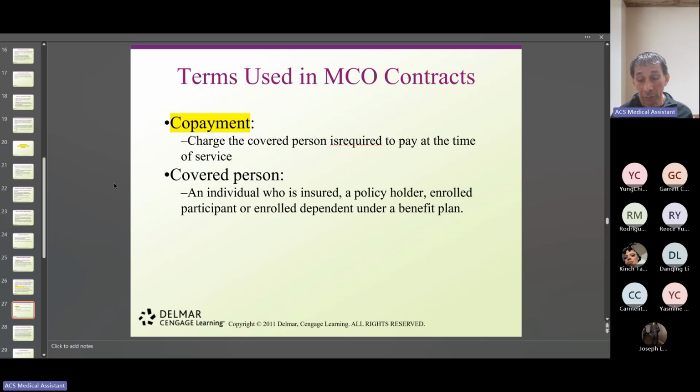But in general, don't think that because you heard that every single time this person goes to the medical doctor, they don't pay anything, that's not what we're talking about here. When you get a question about the amount of money that is charged to the patient every single time they receive services or just visit the hospital or the clinic, we're going to charge you a copayment. That's basically what it is.